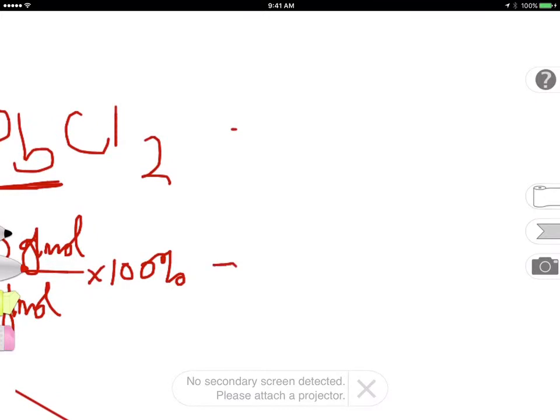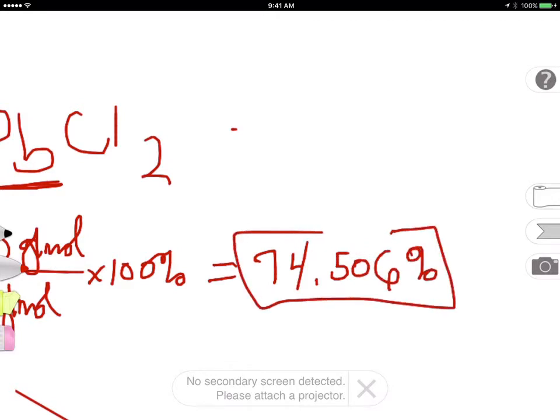And when we do that, we need 5 sig figs total because there's 5 in the top, 5 in the bottom. The 100% doesn't matter, so we're going to be dealing with 74.506% as my final answer for that one. Okay. Now,